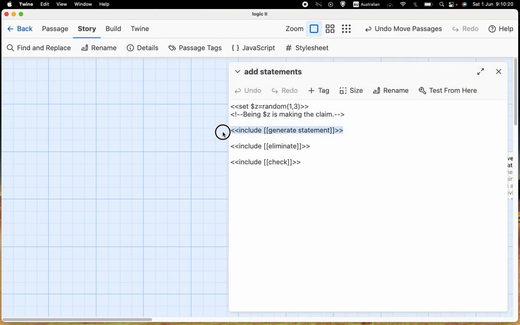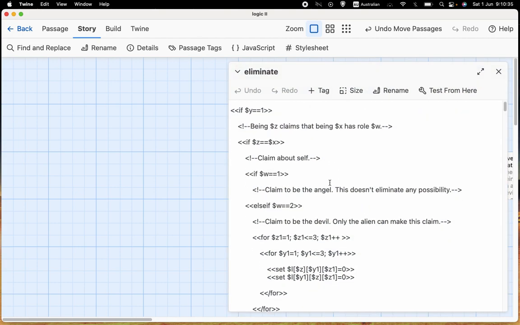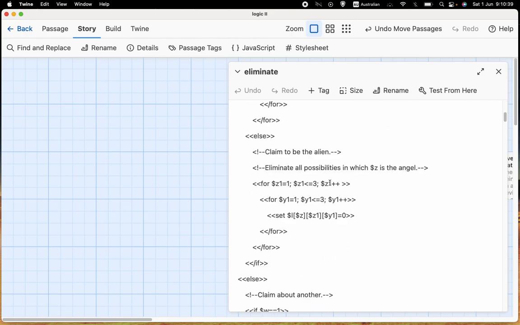So that's generate statement. Then we eliminate the statements. We eliminate the situations that can't be true based on that statement having been made. Once again, I won't go through every possibility. Let's look at,